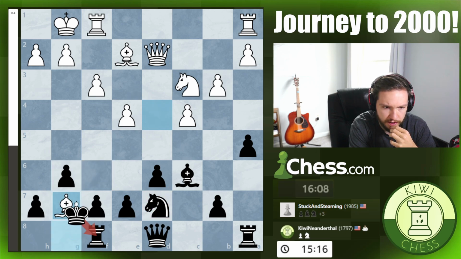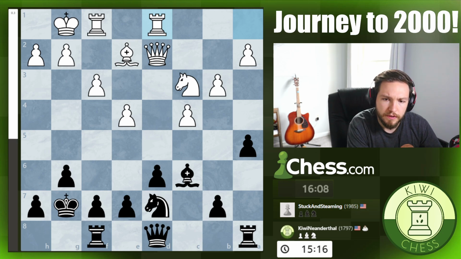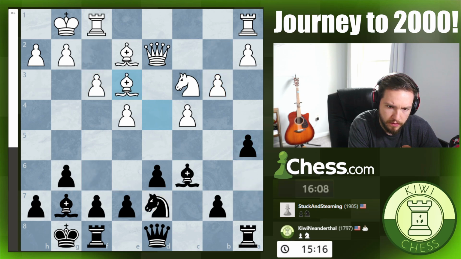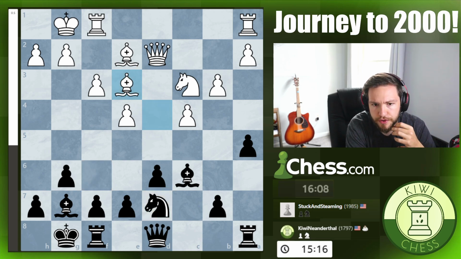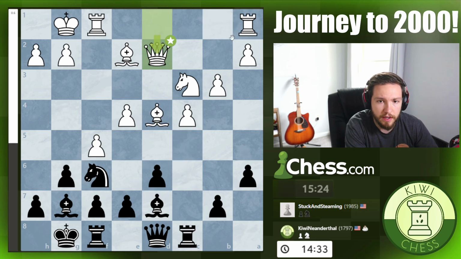why is bishop takes not as good? Crazy. Rook A1. I don't know. Alright, so bishop E3, sure, we're still following like 1,000 games. Knight C5. Rook A1. I don't even understand the purpose of that. Like, what if you make...